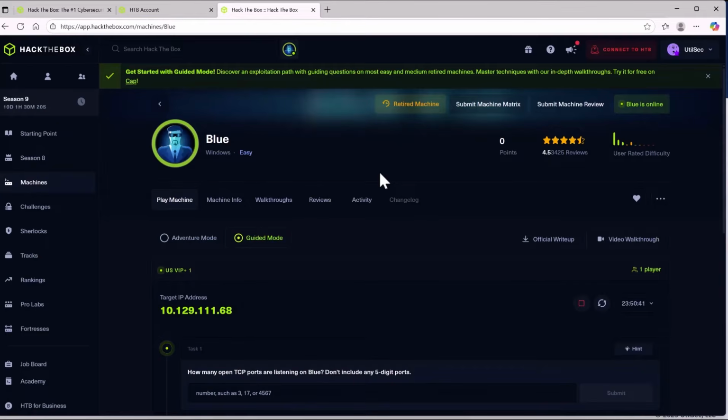So looking at the Hack the Box machine, we can see our target system Blue is up and running. We can see it's at a target IP address of 10.129.111.68. So I can go ahead and click on this. It'll copy the IP address into memory, into the cache, and I'm going to jump over into my Kali Linux